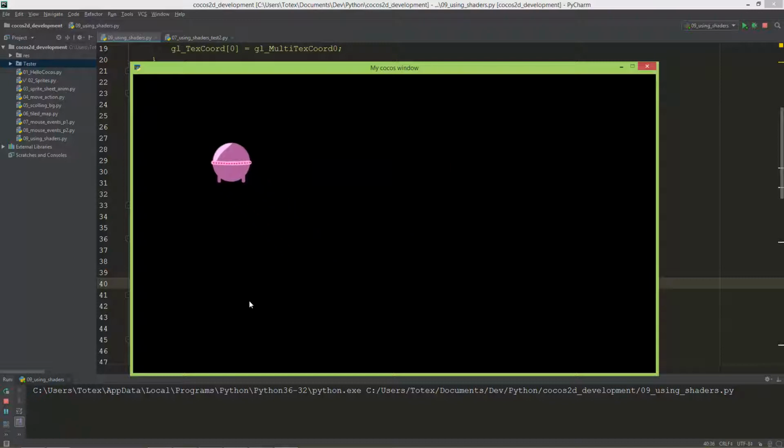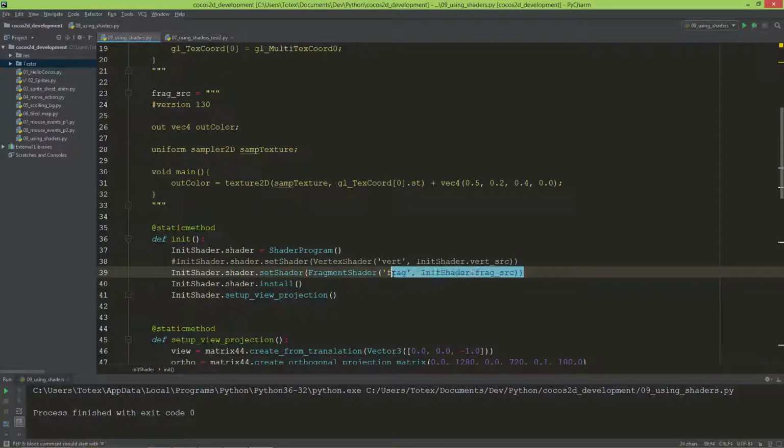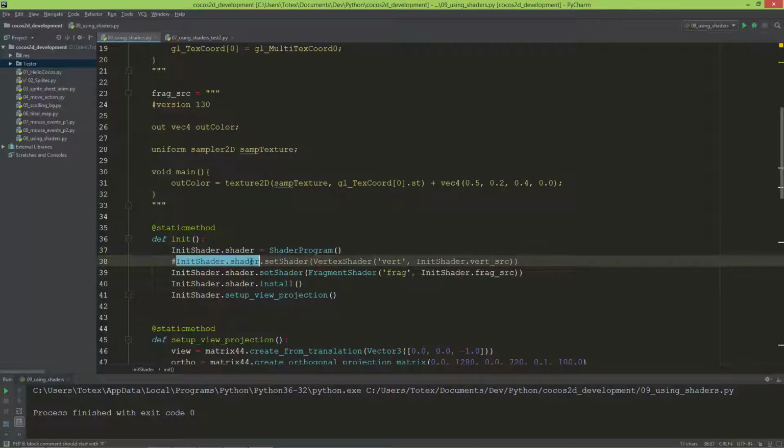We just overwrote the pixels of this UFO sprite. And why did I show you that you can use just the fragment shader and you don't need to specify the vertex shader if you don't want to manipulate the vertices? Is, let's say, here,